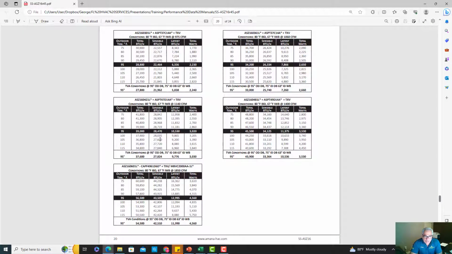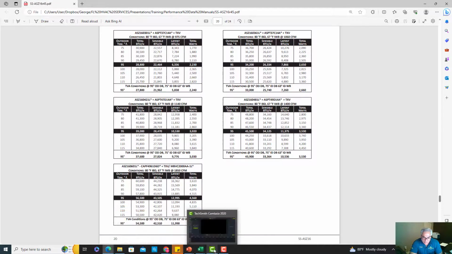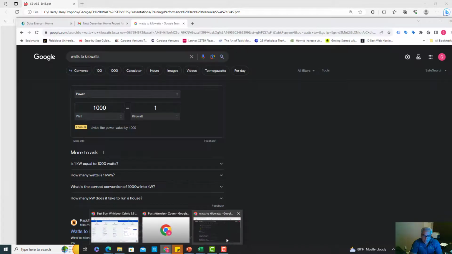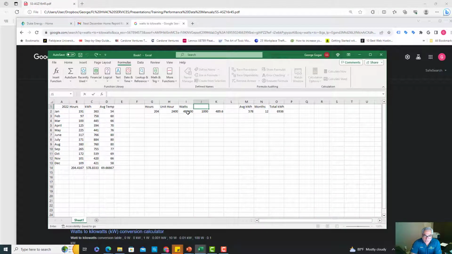This is back to the data that the manufacturer is telling us that at this temperature, this is how many watts we're burning per hour if the unit is installed correctly, okay, and sized correctly, okay. Now that's another topic there, but it has to be all correct as per manufacturer specifications. So I used a total of 489,600 watts. Divide that by 1,000, I used 489 kilowatts per month